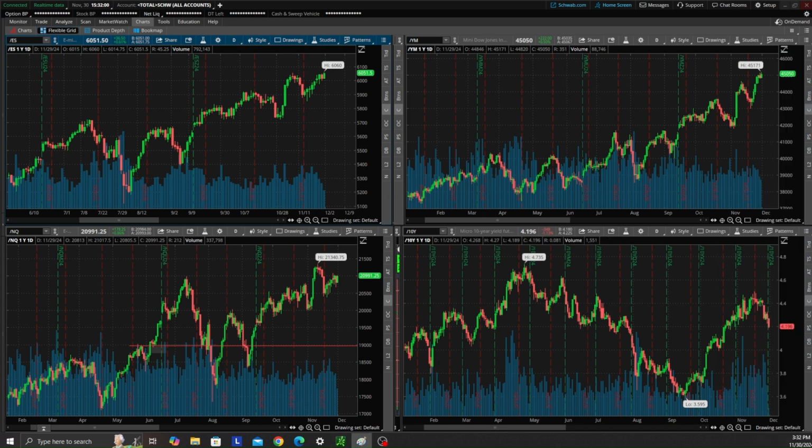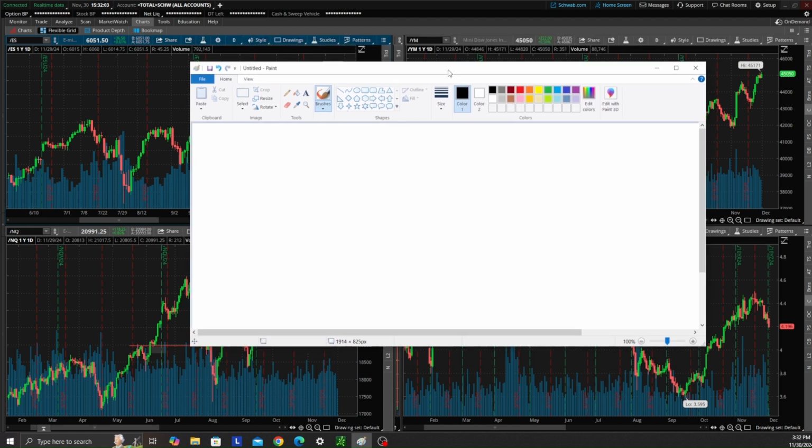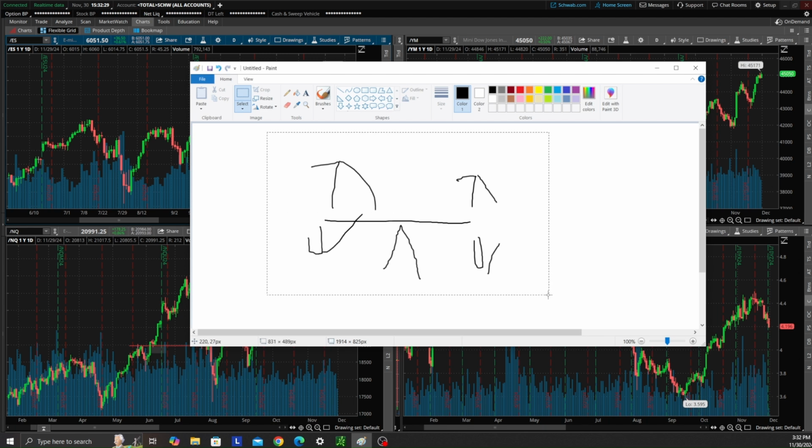So if I get out my little drawing here, if you've ever taken a Series 7 or something like that, they always tell you it's like a seesaw, right? So yields go up, prices go down, and of course, the inverse. If yields go down, then prices go up. Obviously, I'm drawing with my mouse very fast, so this is not good artwork, but that's essentially the rule with bonds: prices and yields move inverse to one another.